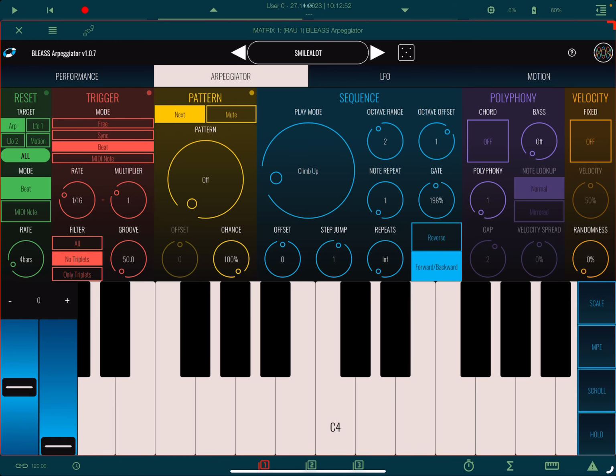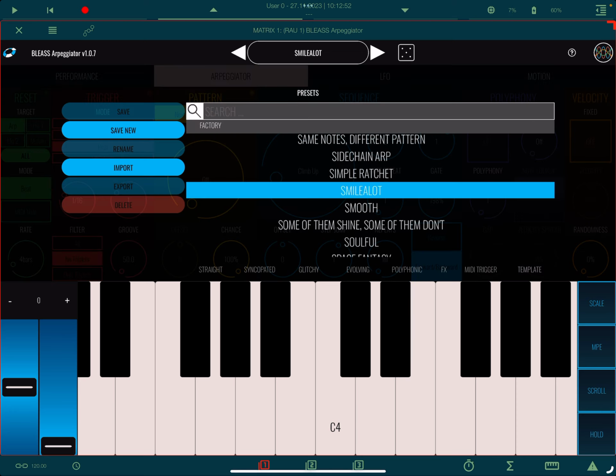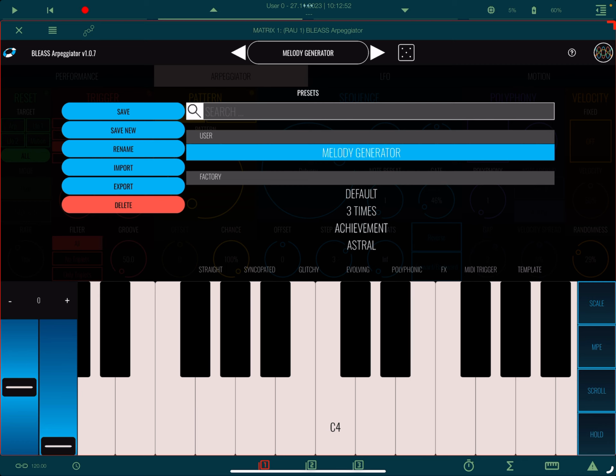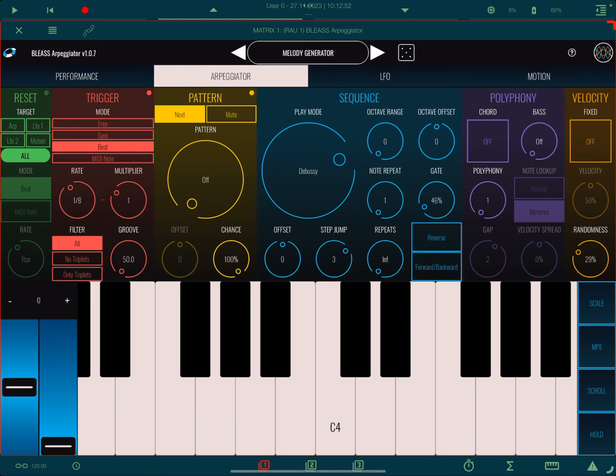Now, let's see what we can do here to make it even more interesting. I have a preset here that I created called Melody Generator. I'm going to load that up and take a look at it. First, let's hear what it sounds like. Now, what's interesting about this preset is that